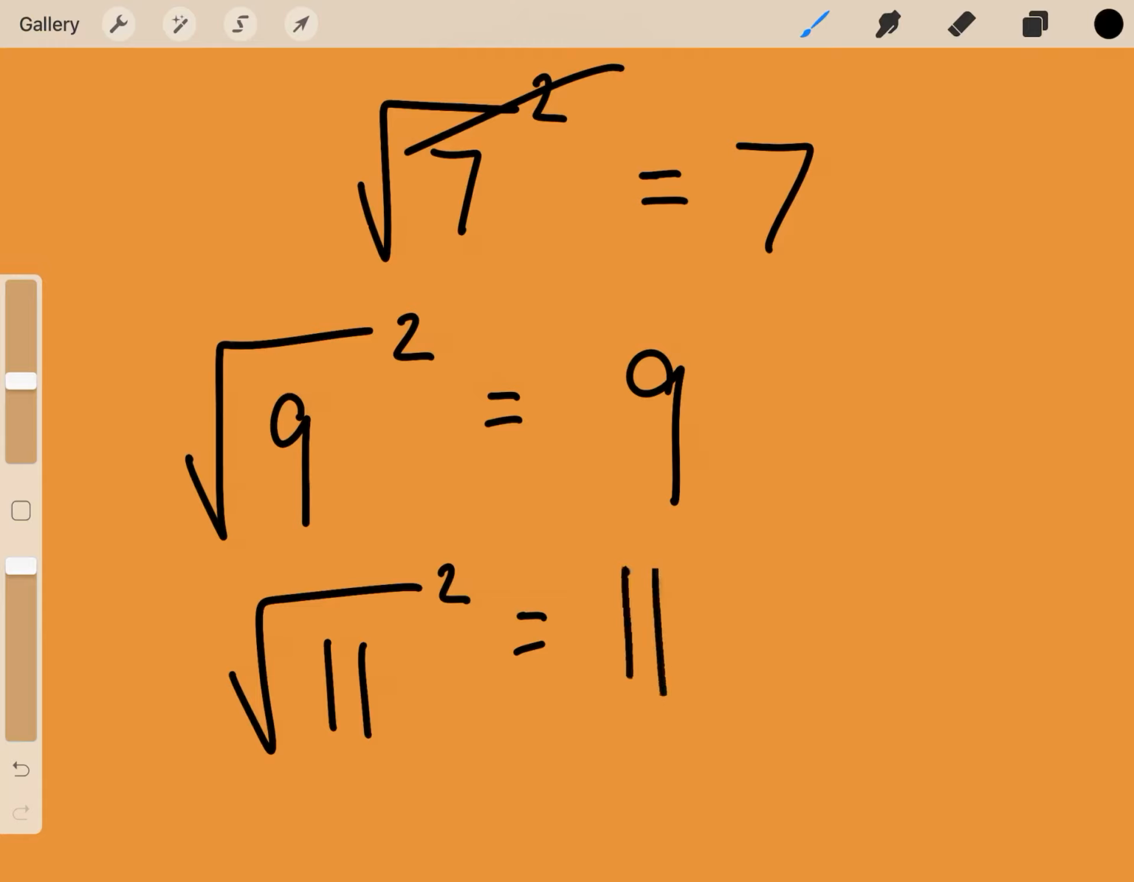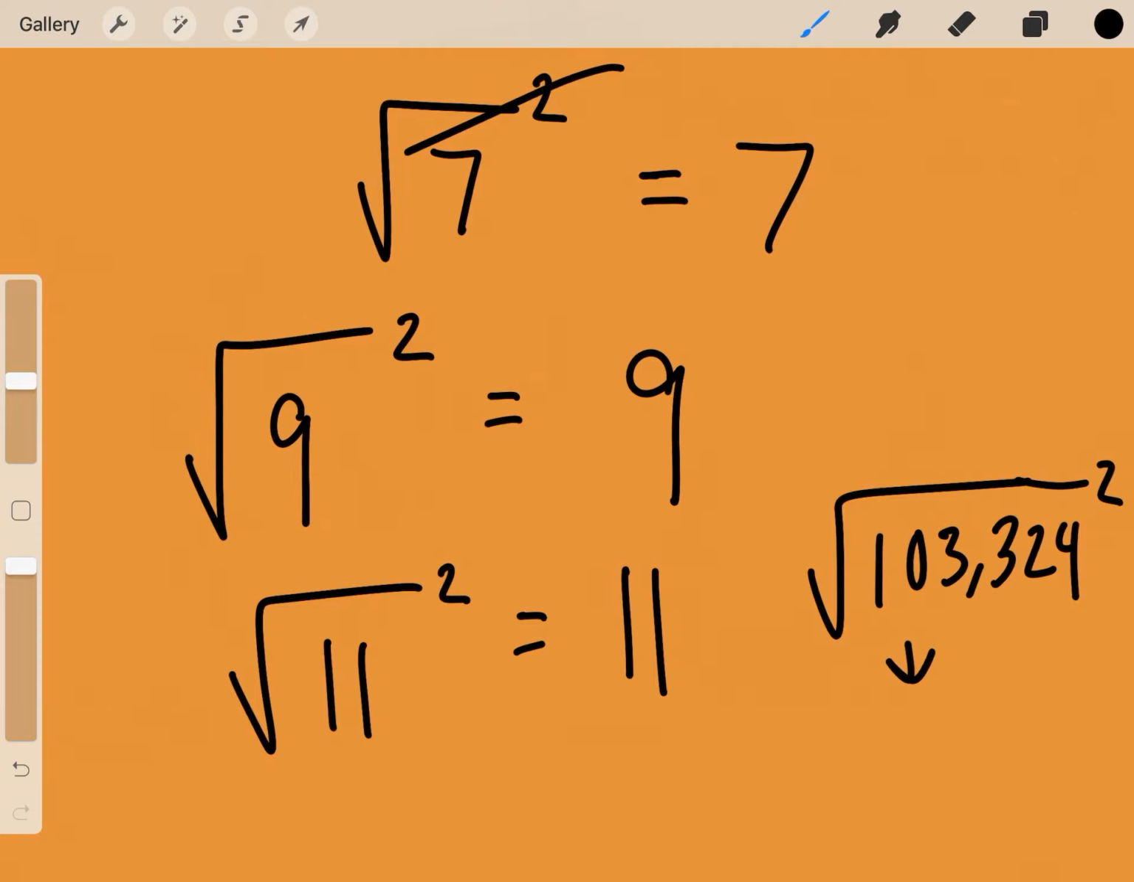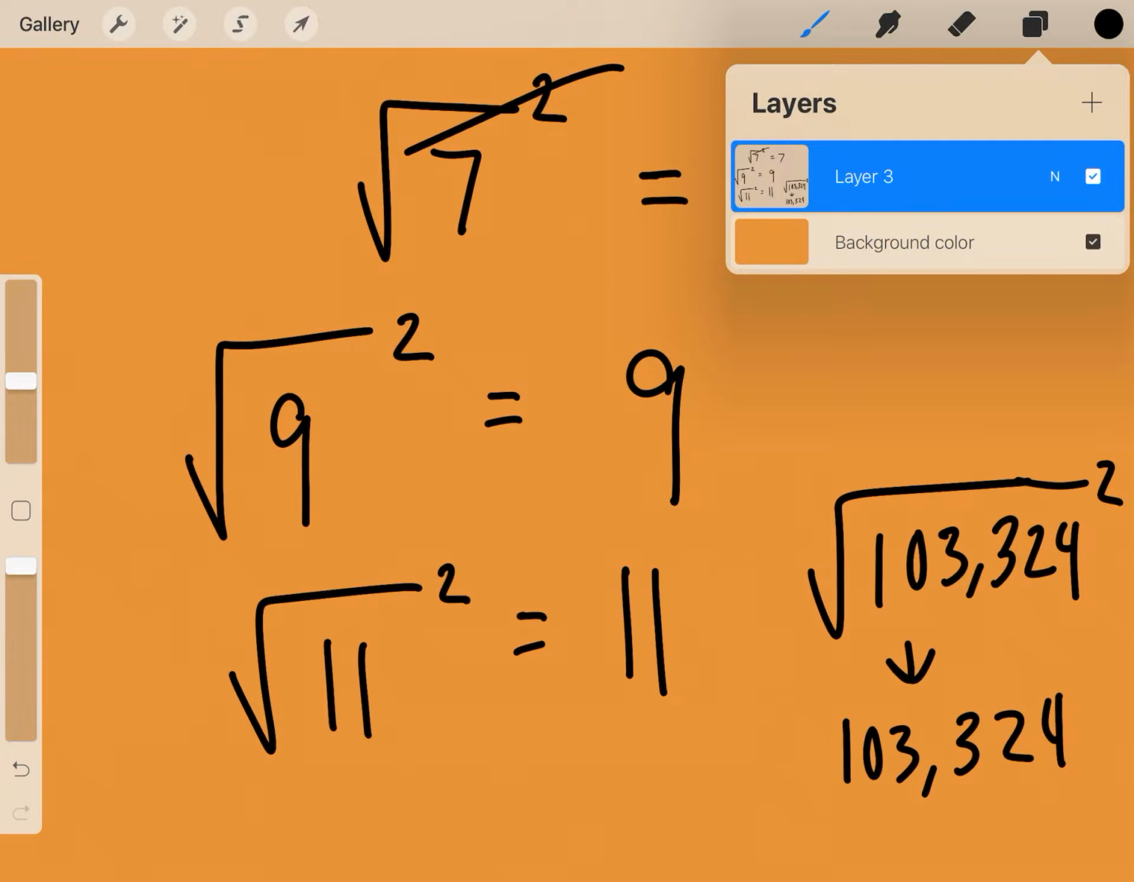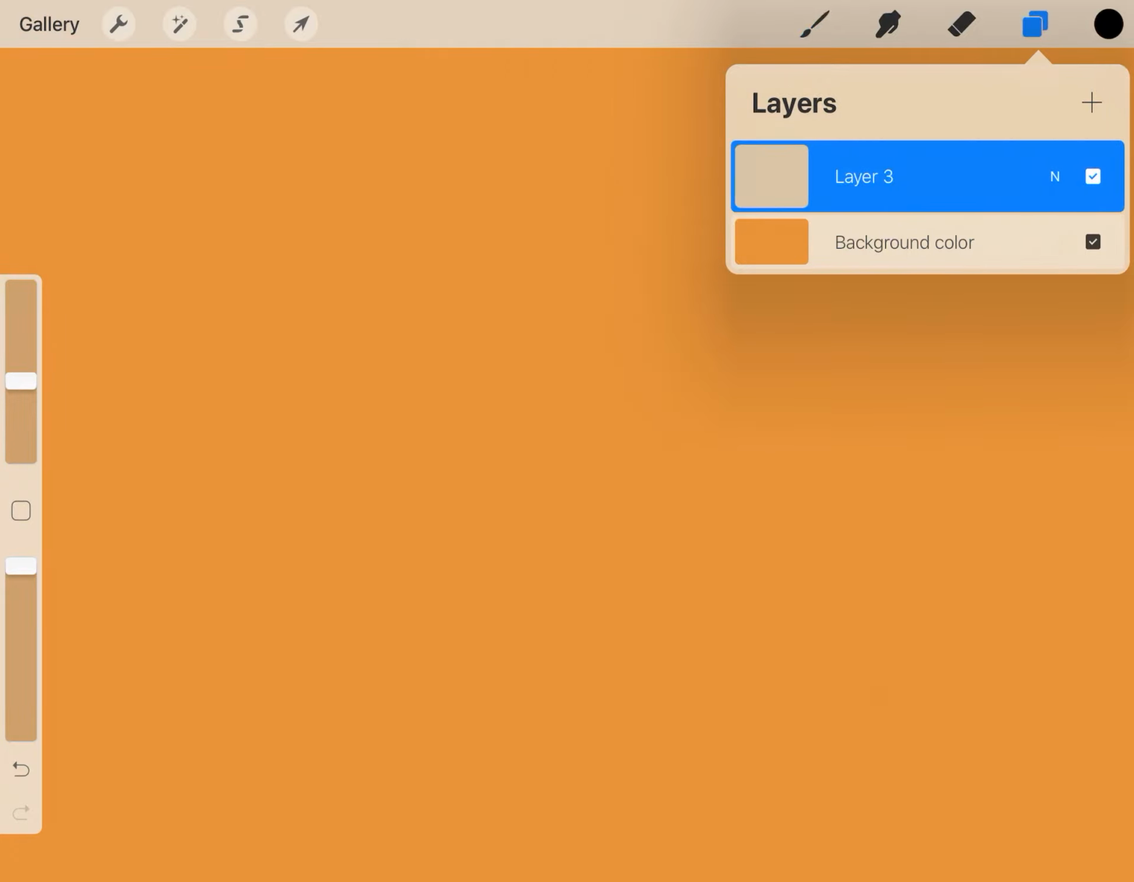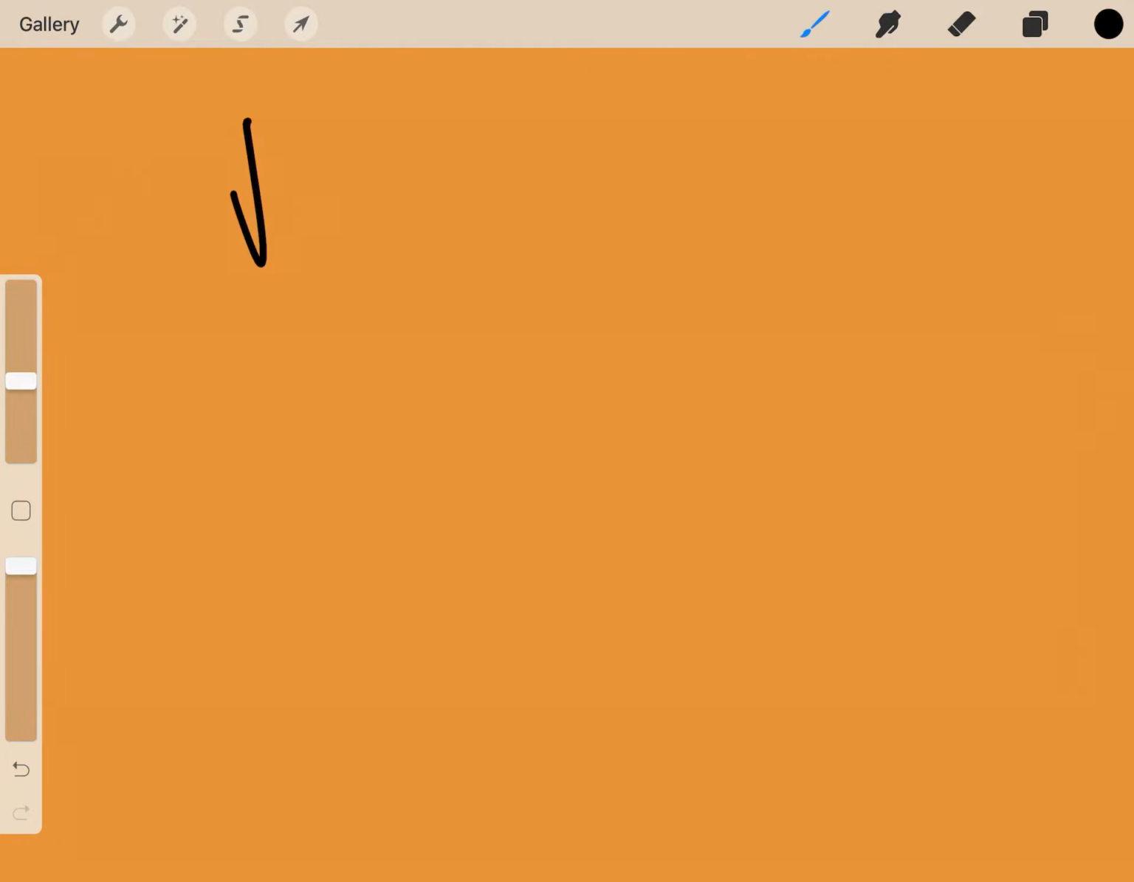11. If I have the square root of 103,324 squared, that very simply equals just 103,324. Oop, could have made that 4 a little cleaner. There we go. And then one other thing I want to introduce you to is what happens when I'm multiplying